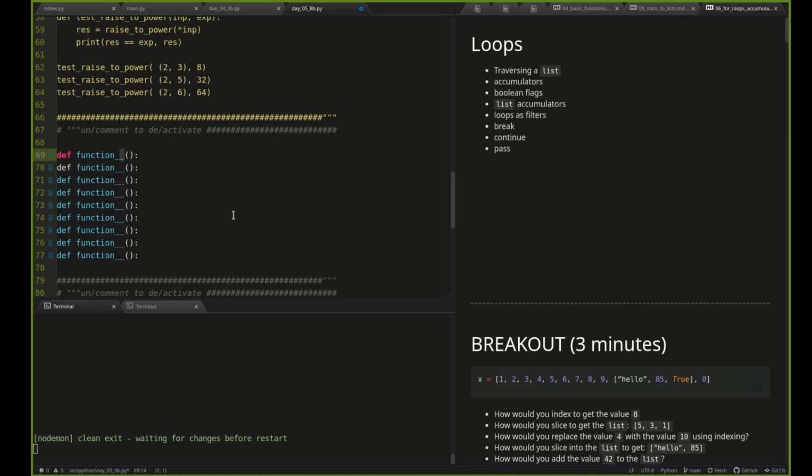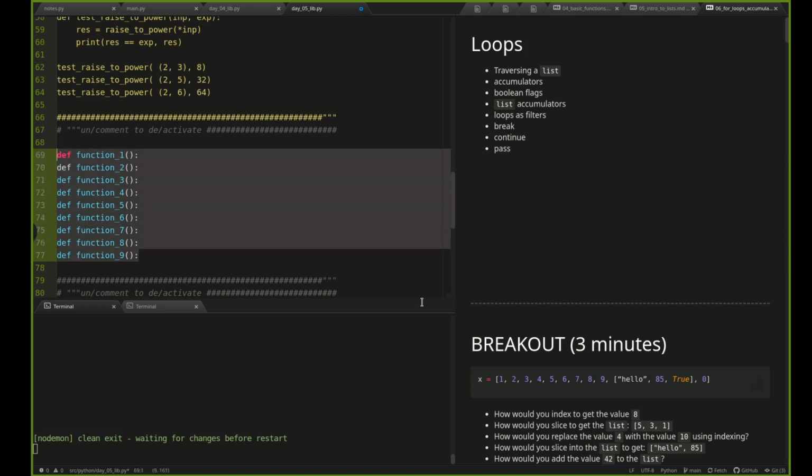Okay, so this will be function 1, function 2, function 3, 4, 5, 6, 7, 8, 9. Okay, so I've got a project, and I know the parts that I need to build. So I'm just going to name those functions, and I'm not going to build them right now. I'm going to go through them one by one and build them. Probably in a more realistic workflow, I've